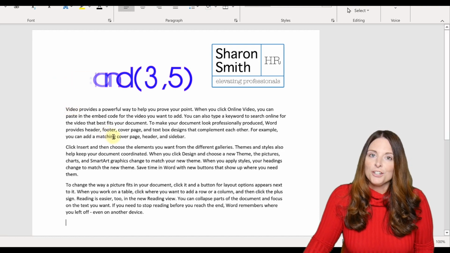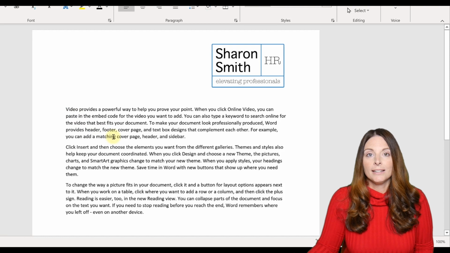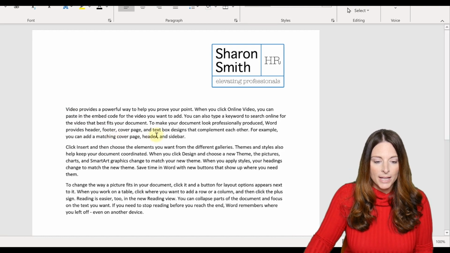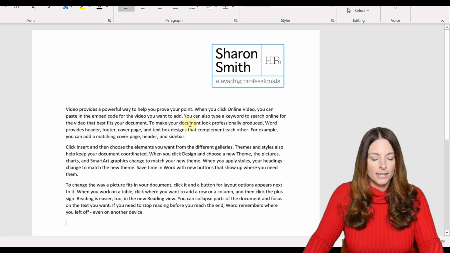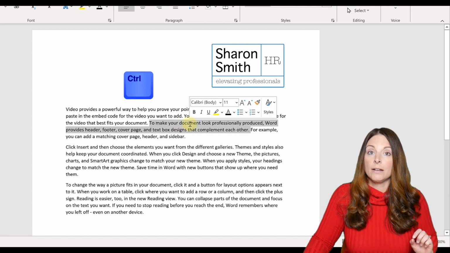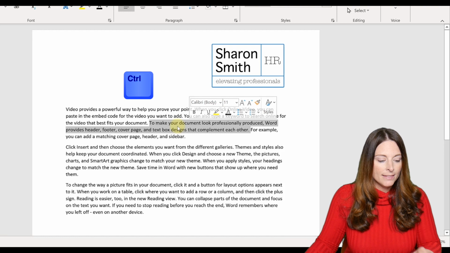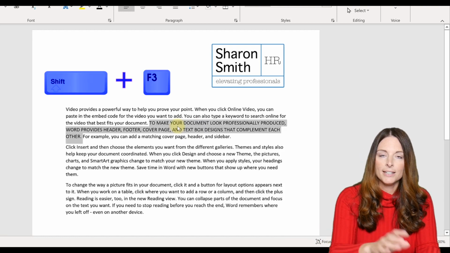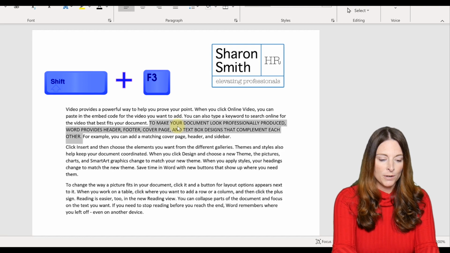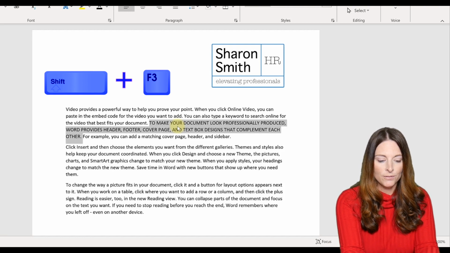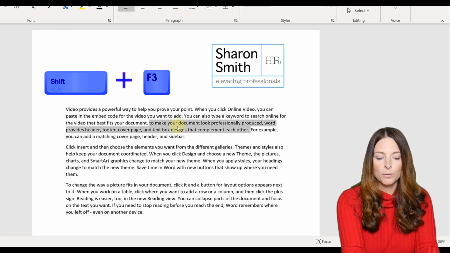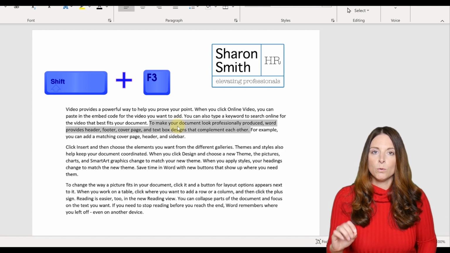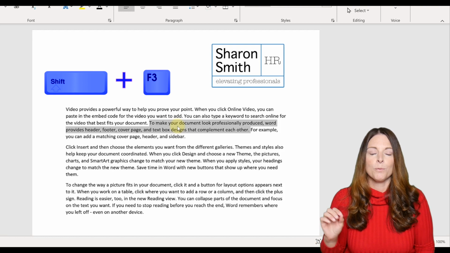All right, the next thing I'm going to show you is how you can toggle between the different cases if you want uppercase, lowercase, or camel case. So let's go ahead and hit Control and click on a word, and that'll select the entire paragraph. Then we're going to hold Shift and press function F3, and that's going to toggle between uppercase and lowercase. And if we keep toggling Shift F3, it'll go from lowercase and then back to camel case. So you can do that on a group of words, on a sentence, on a paragraph, whatever you need to